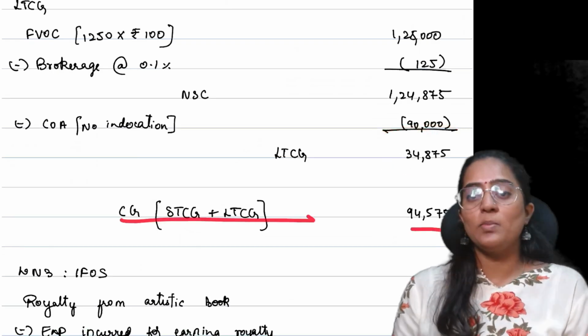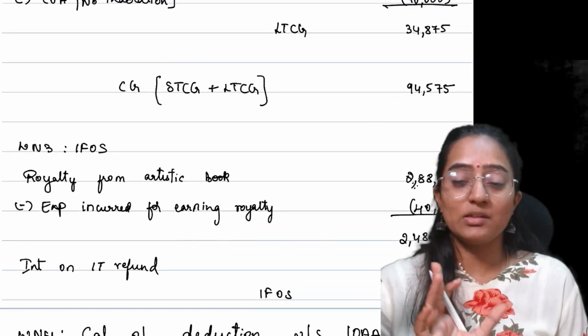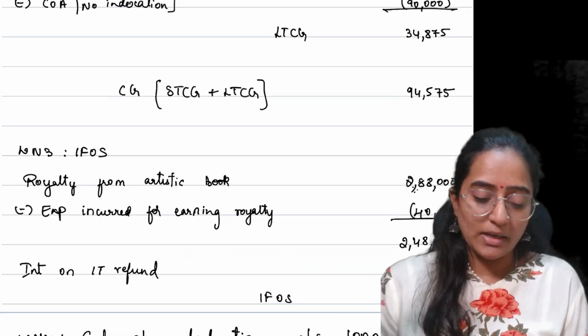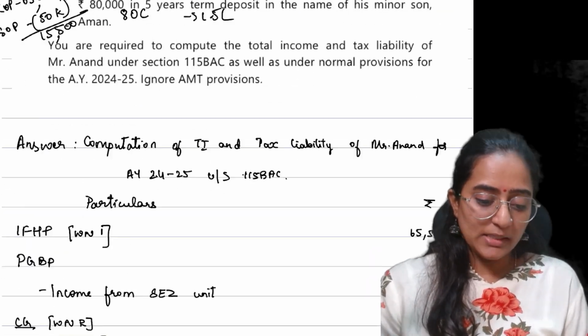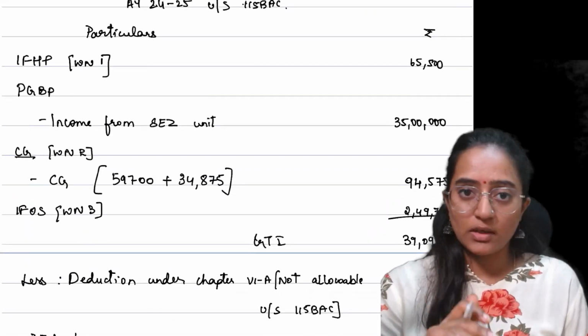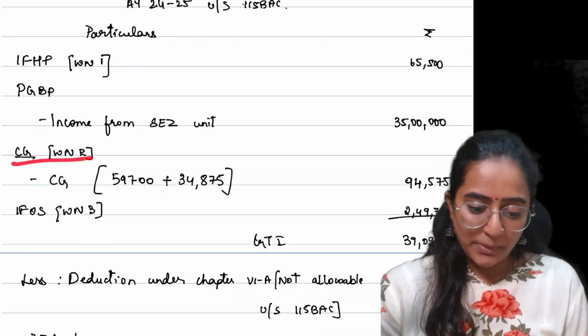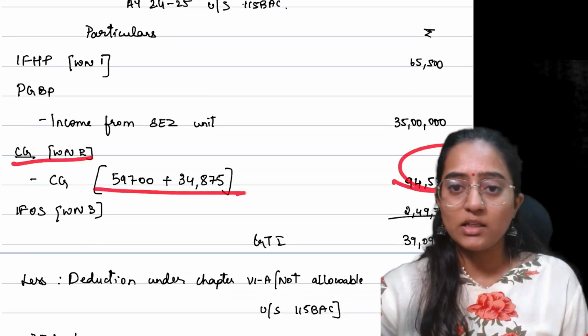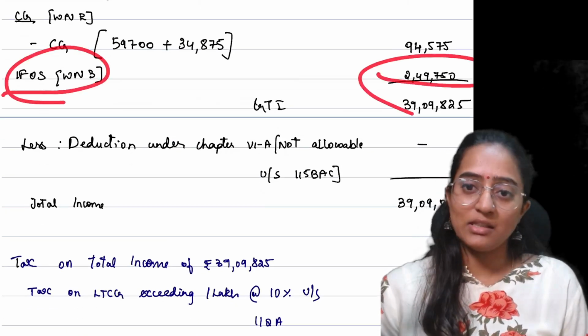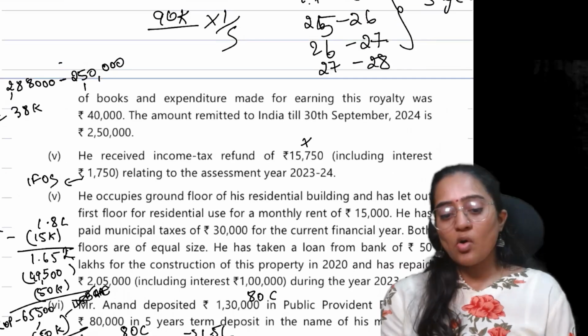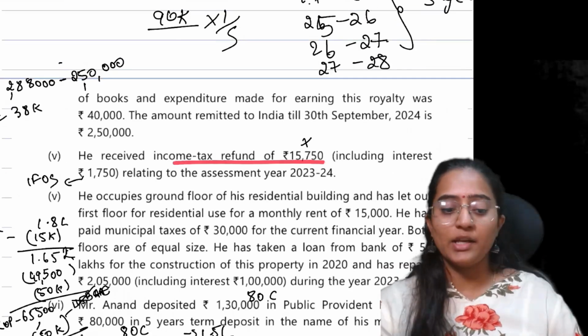The difference between that would be 94,500. Sorry, the total of that would be 94,575. Clear? The same thing is provided over here, people. We will look into that working note one very soon. See here, capital gain, so much amount is considered, 94,575. Working note is also considered the same after taking the interest on income tax refund.